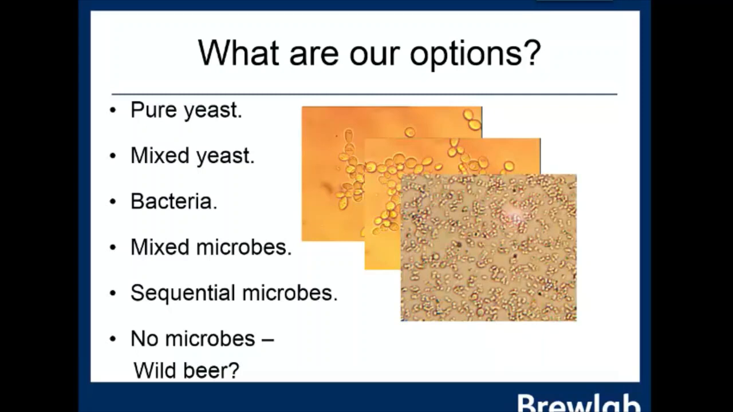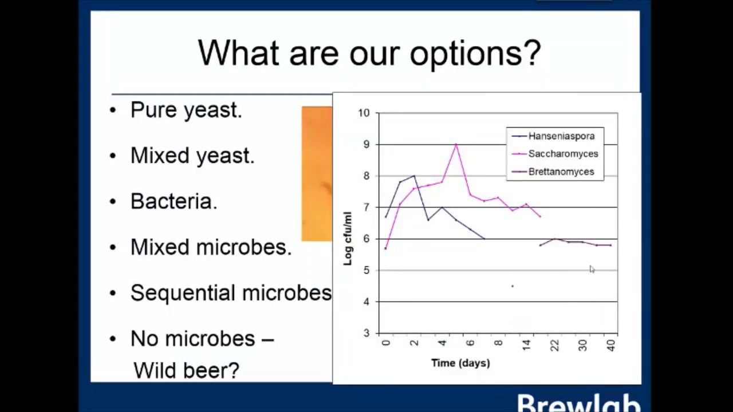We could add bacteria in. People are doing this in sour beers certainly, but we need to know what bacteria we're using. We don't want to be using something which is potentially hazardous. So there's a bit of need for the right stock, the pure stocks, or the identification to be included in that. And bearing in mind that mixed microbes often have a sequential development,